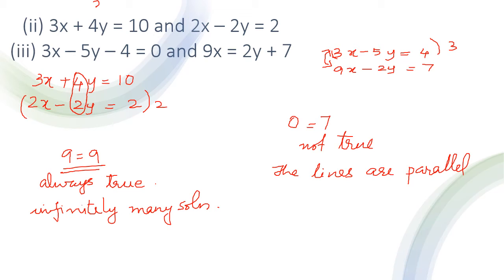Okay. So this is how you do it, children. Make one x or y the same, and then you add or subtract and you eliminate them. This is the elimination method. Now the question is, if we add 1 to the numerator and subtract 1 from the denominator, then the fraction becomes 1. For that we need a fraction. So we take it as, let the fraction be x by y.